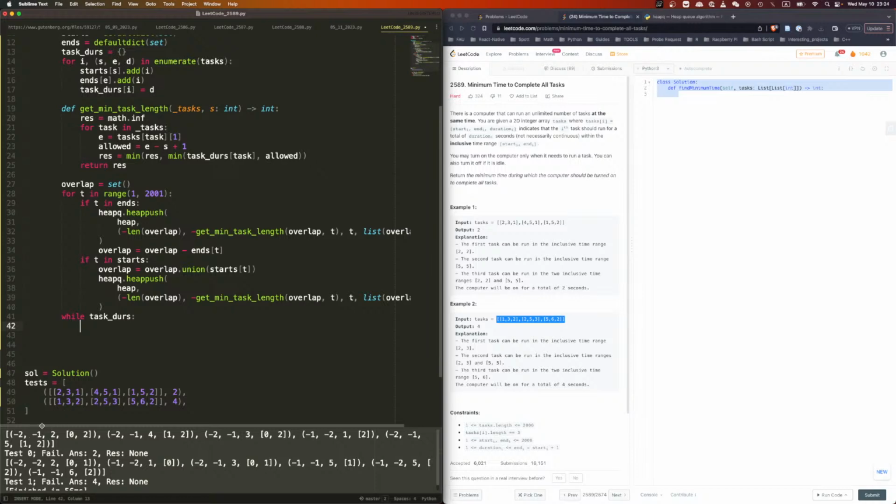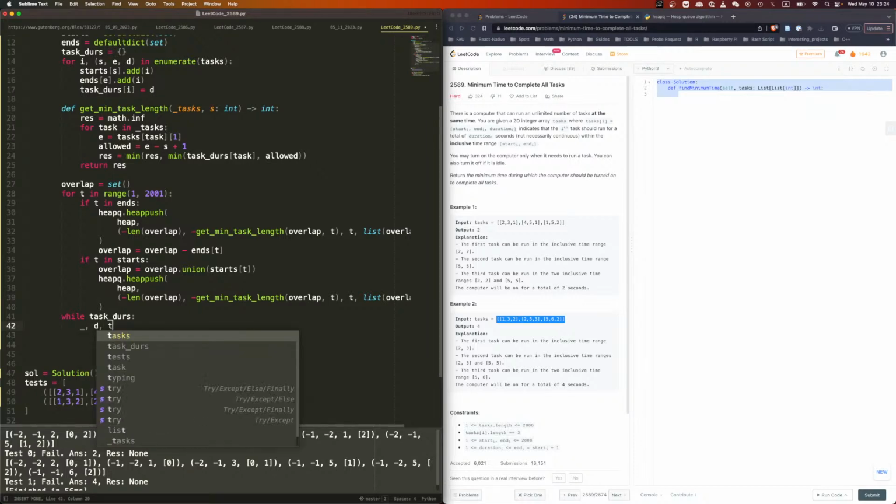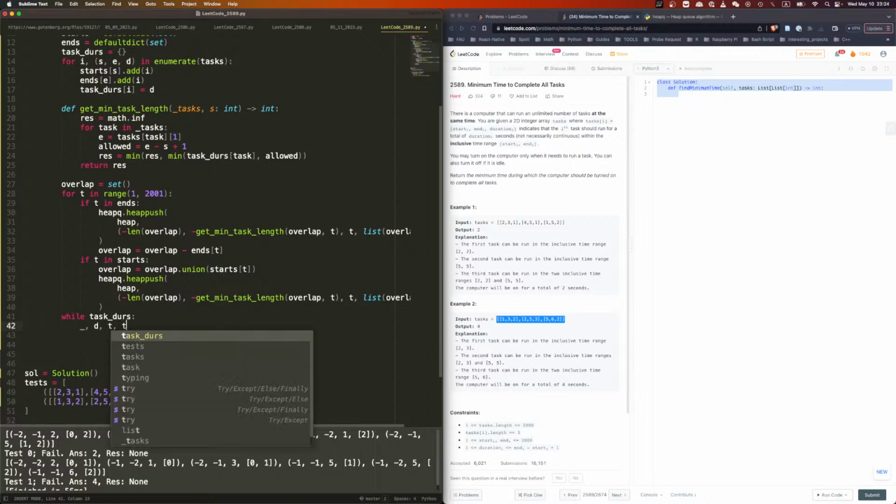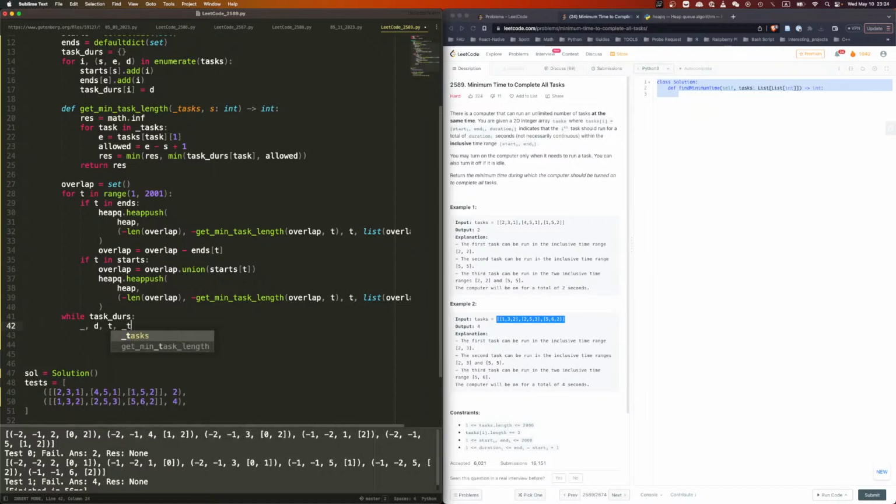We don't need this. Actually, we should say D, the duration, and T is the time, and this is the tasks. Okay, underscore tasks equals heapq.heappop